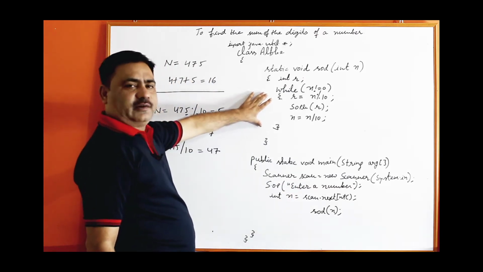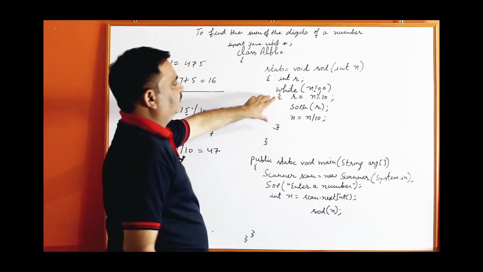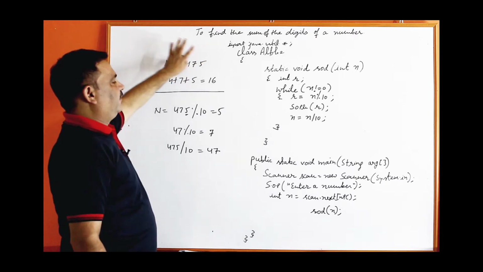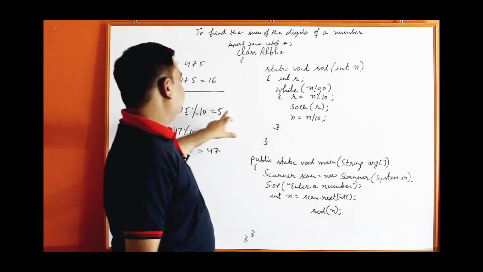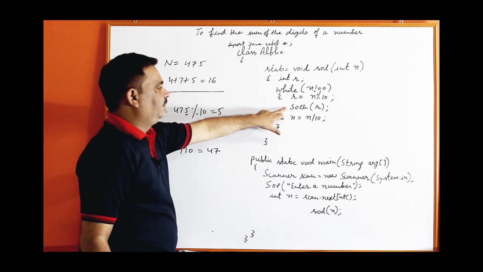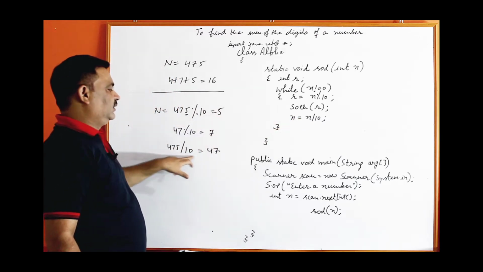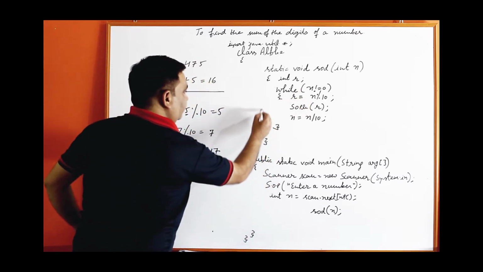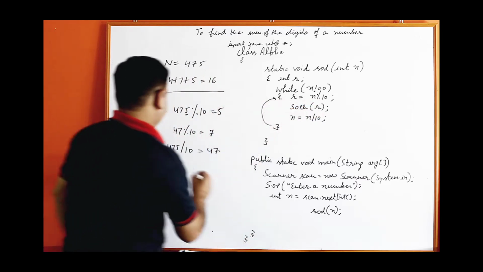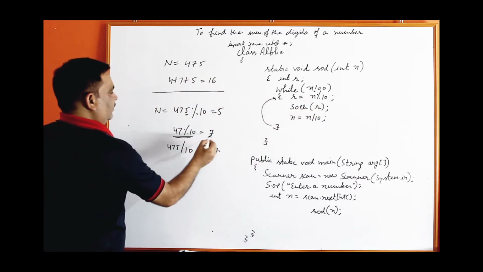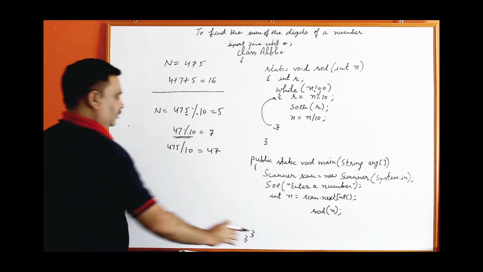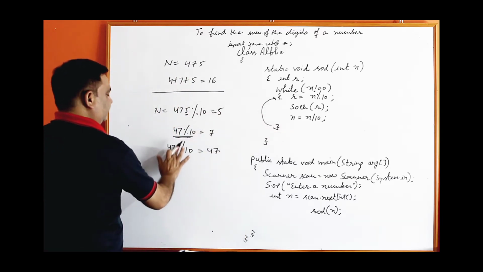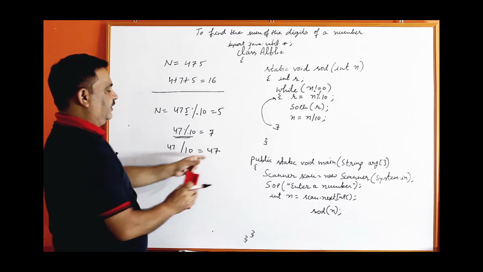Again, try to understand the working of this program: while n not equal to 0. Initially n is 475, 475 modulus 10 you get 5, 5 is printed here, 475 divided by 10 gets 47. Now, the second time, 47 modulus 10, you will get 7. After getting 7 you can print. Now, 47 divided by 10, you will get 4.